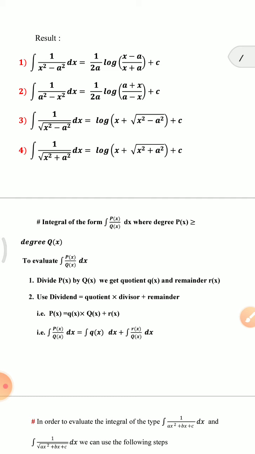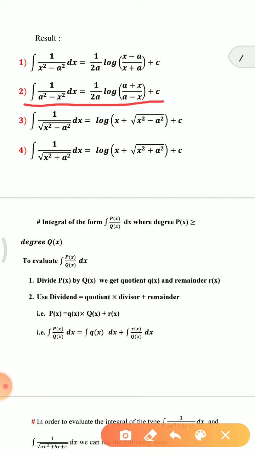First one: integration of 1 upon x square minus a square dx is equal to 1 upon 2a log of (x minus a) upon (x plus a) plus c. Second result: integration of 1 upon a square minus x square dx is equal to 1 upon 2a log of (a plus x) upon (a minus x) plus c. Third result,